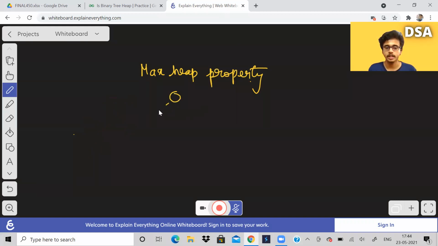So suppose let us consider this tree. We have to check if it is a heap or not. So initially index is equal to 0. We are at the parent, that is the root node. Now we want to go to the next level. So this is level 1. This is level 2.